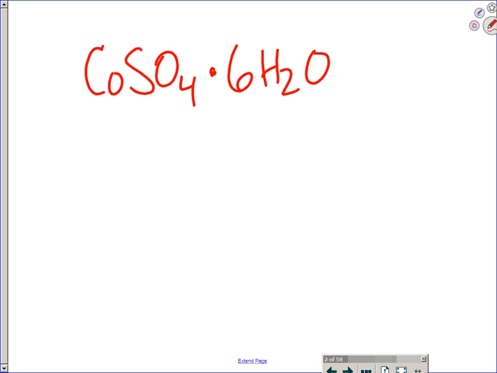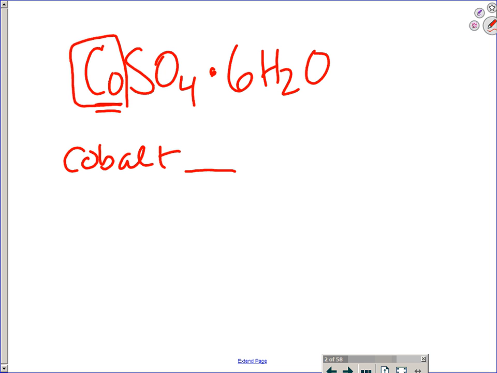Okay? All right, so Co, who is that? Cobalt, right? Where's cobalt on the periodic table? Transition metal. So what do you always have to get into the transition? The charge, but how are you giving me the charge? Roman numeral. Okay. So cobalt's going to have a middle initial here. It's going to have a Roman numeral. We just got to figure out what it is. So looking next door, you remember this has a first name and a last name. What is the last name, Bailey? So this is the first name. This is cobalt. What's the second name?